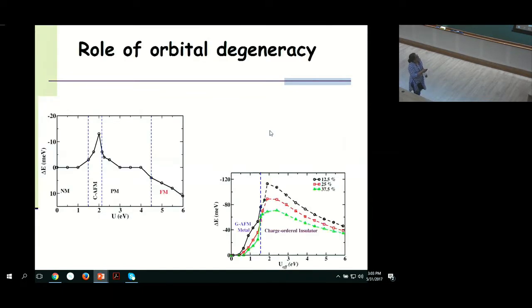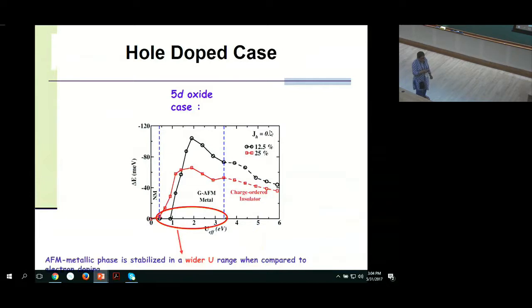One other aspect is that in all these cases, we had all the d orbitals at each transition metal site, but we did the same calculations with a single band with a single orbital at each transition metal site. What we have is we recover the large U limit, and we recover ferromagnetism in contrast to what we find here, which is a charge-ordered insulating regime.